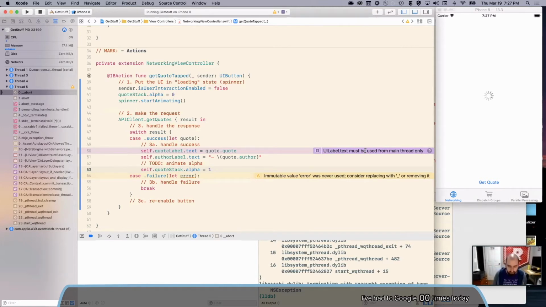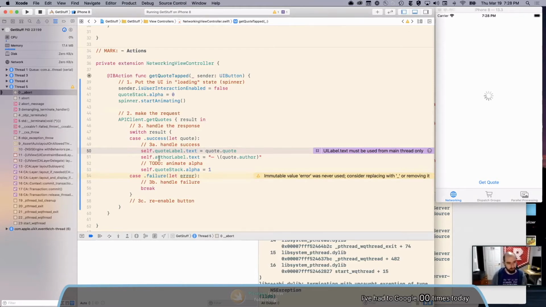So what is the main thread? We have devices with many CPU cores or whole processors, and they can do multiple things at once. But there's always one stream of work called the main thread, and it's the place where UI stuff happens. And so you always need to update text on the main thread. Or sorry, not just text, update any UI thing, anything involving views and layout and that kind of thing.